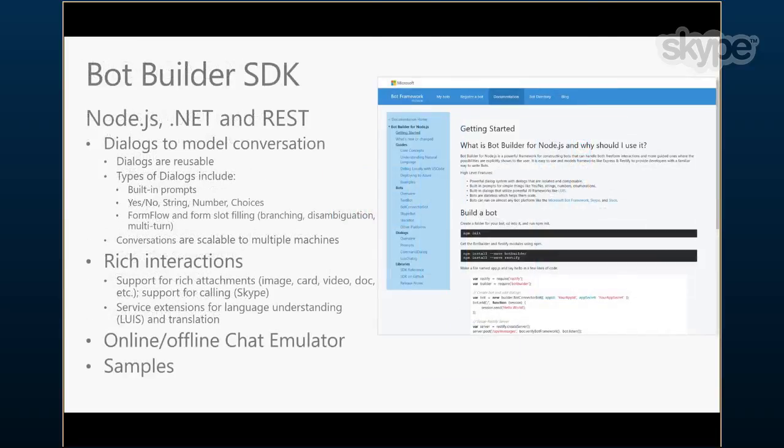Okay, so SDKs. As I've mentioned, we have two, one for JavaScript, Node.js, and the second one being C#.NET. Is it possible for you to write a bot using any other language? For example, if you wanted to use Python or PHP or something else. The answer is yes, you could. The issue there, of course, is that you would need to deal with serialization and deserialization of the messaging format that is delivered to your bot.